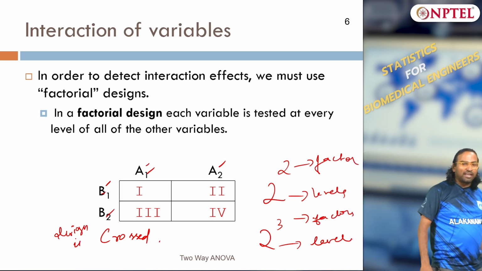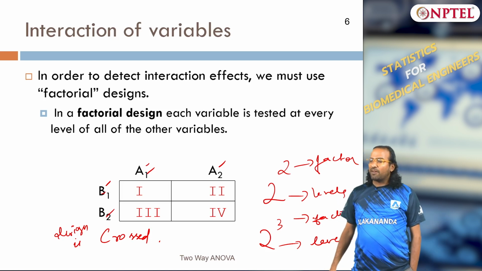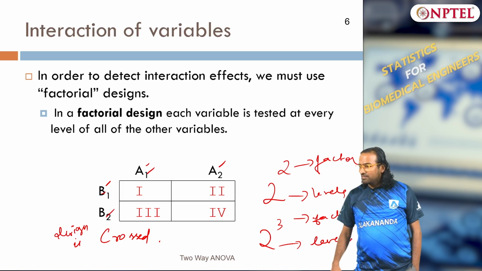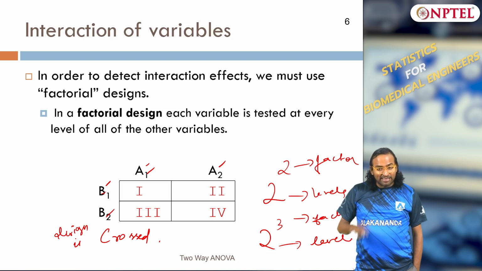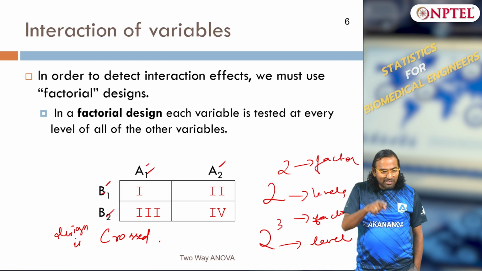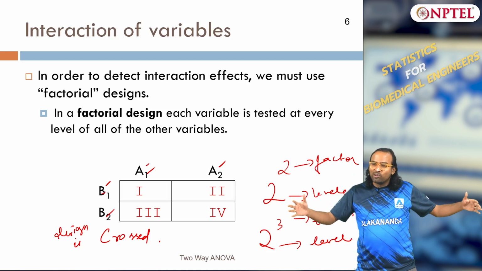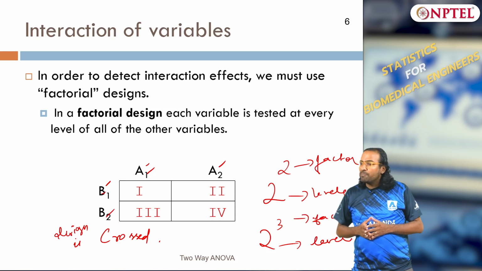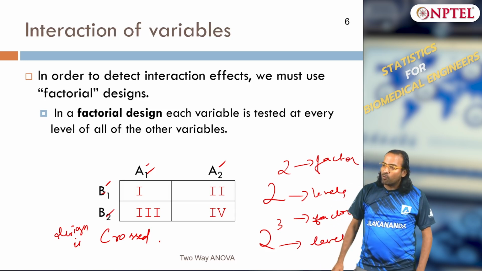But truly if there are multiple factors, can you do this kind of crossed experiment? If there are 5 factors, how many should you be doing minimum? 2 power 5, right, that becomes 32 experiments, and that is only at 2 levels. Now do you want to see only at 2 levels? If you want finer details, then you may increase the levels as well, and then crossed may not be possible. Okay. There we introduce what is known as confounding, we will see it later.